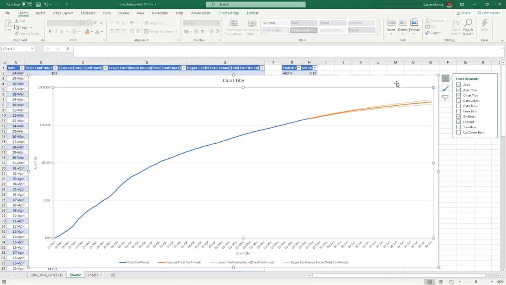So this is the forecast value. And you can customize it in more details.